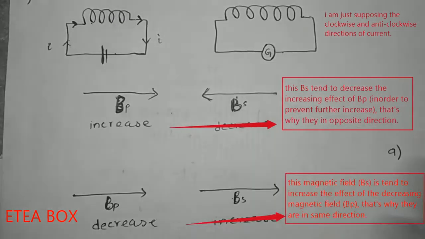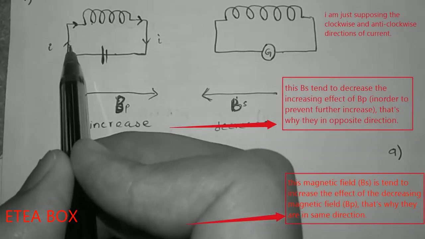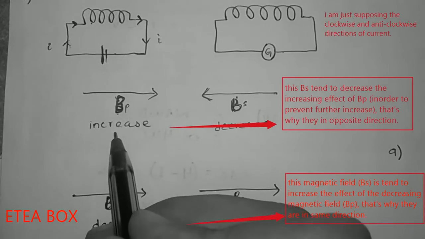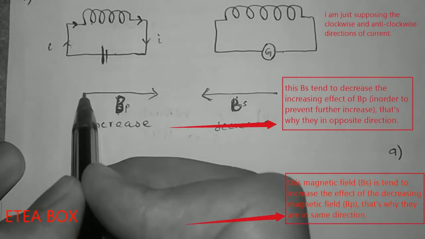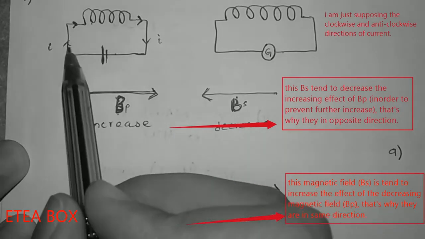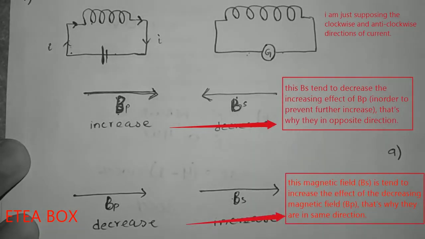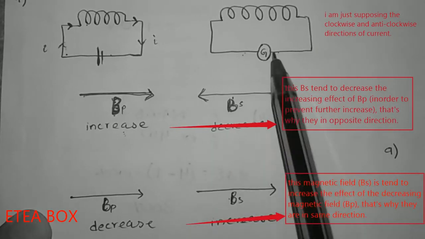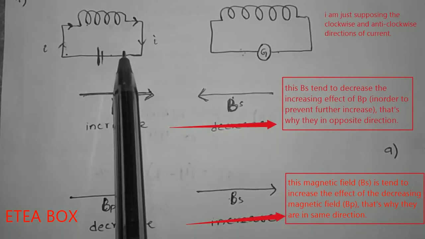Look, the current here is increasing. Let's suppose its direction is clockwise. The current here is increasing, it means that the magnetic flux will also be increasing, or the magnetic field will be increasing. So look, its direction is like this. The magnetic field has this one direction. Now it's increasing. What will happen? In this coil the magnetic field will tend to decrease its effect. The current or the EMF in this coil will be produced in that direction in order to oppose the current